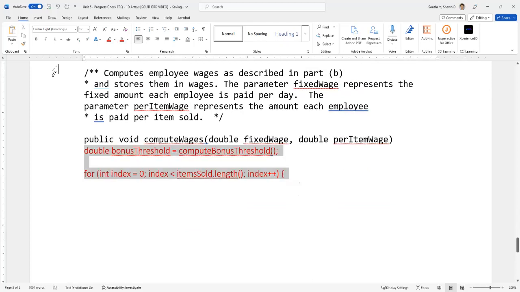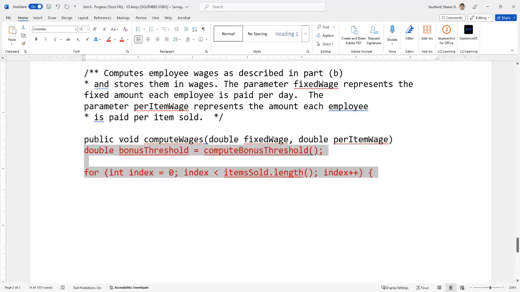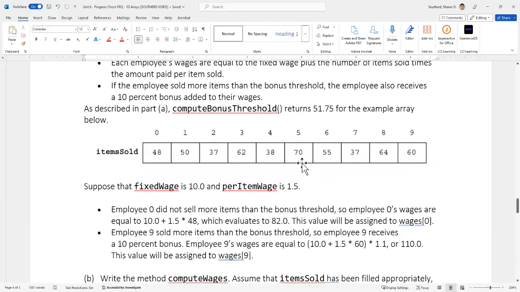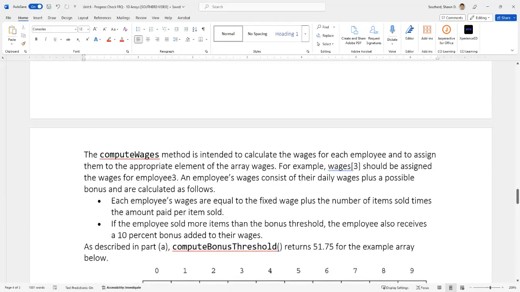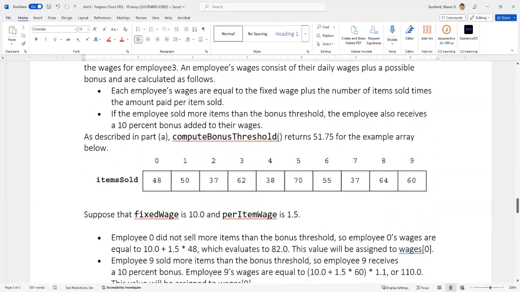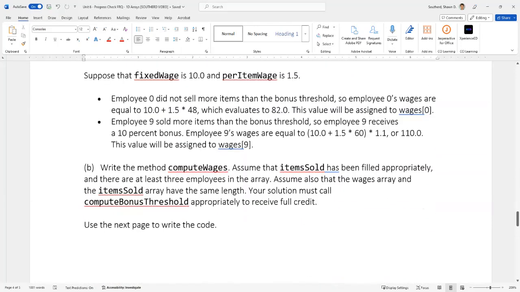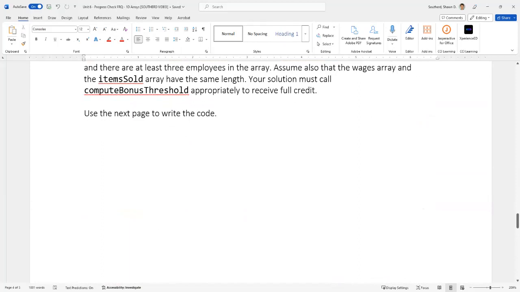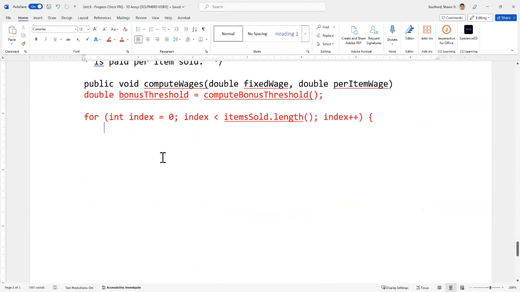Okay, and then we're going to run that for loop. The first thing I've got to figure out is, it says right up above, if these values, like 4850, 3762, are greater than the bonus threshold, which we calculated earlier based on that array to be 51.75, then go ahead and give them a bonus. Okay. So right now we did the for loop. I'm going to access each element, and first things first, I need to evaluate whether item sold, bracket i, is greater than the bonus threshold,